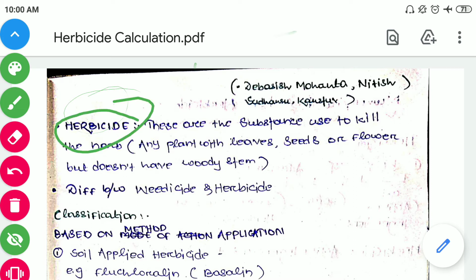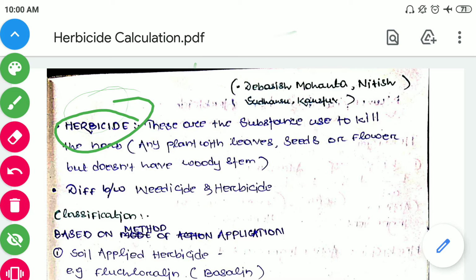Nowadays, it is seen that farmers are using more chemicals, that is insecticides, pesticides and herbicides. Before using such chemicals, we have to know something, that is the amount to use, the type of chemical to use and when to use. Such are very important things before using any chemical. In this video, we will discuss such a chemical, that is herbicide.